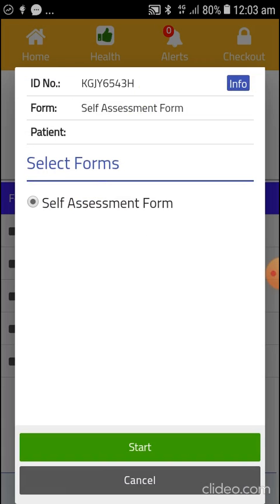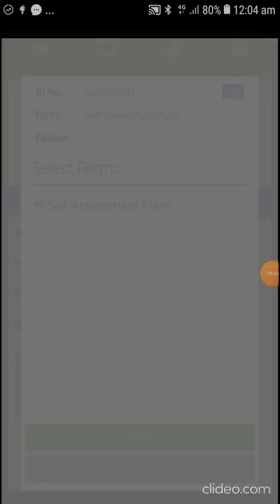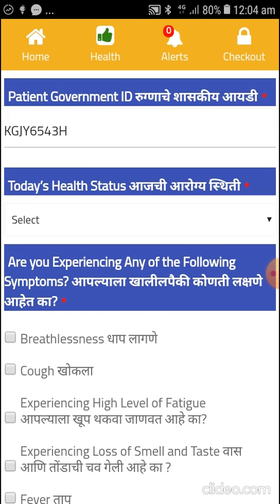HBVM Trust team. You have to fill this form before 3 p.m. in afternoon. You have to click on start button to open the form. I repeat, you have to fill this form before 3 p.m. in afternoon. If you won't be able to fill this form up to 3 p.m., the HBVM trust team will give you